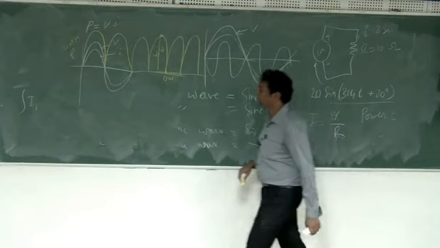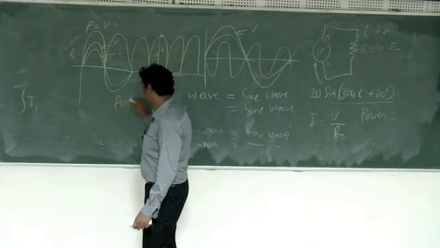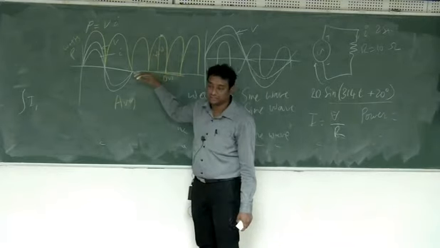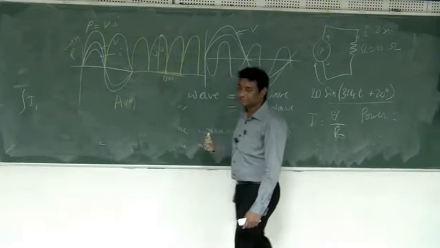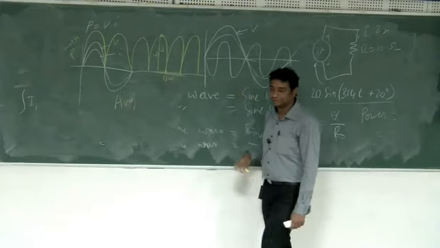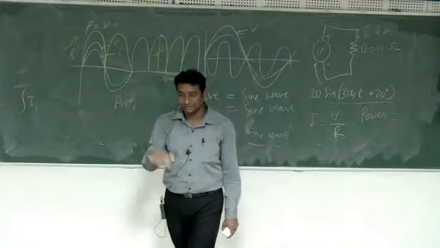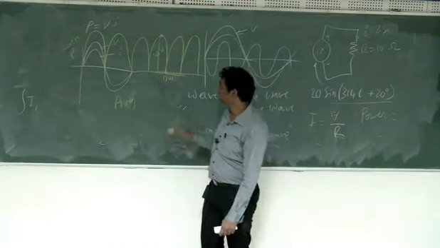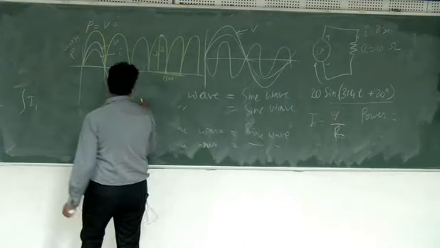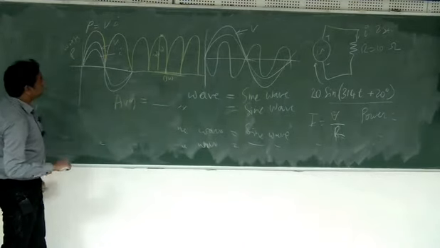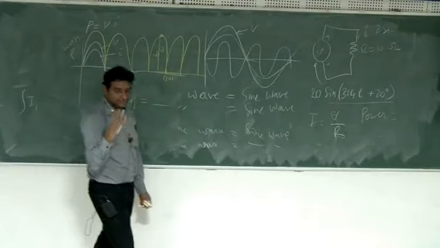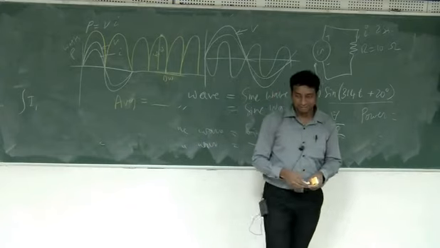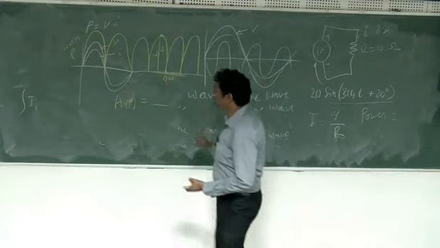You can think of a concept called average power. That's the answer I was hearing. Since it's a time varying thing, I can average it out and find the average. So how to find the average? Integration will give you the area under the curve, and integration divided by total time will give you the average. I'll leave it as an exercise for you to do. We'll come to that point in the next lecture, because right now we are only thinking about some basics of AC. So we'll come to this later.